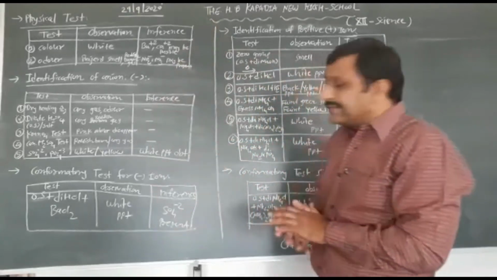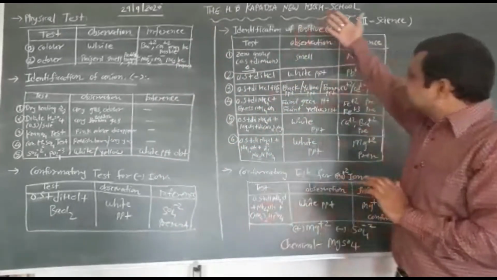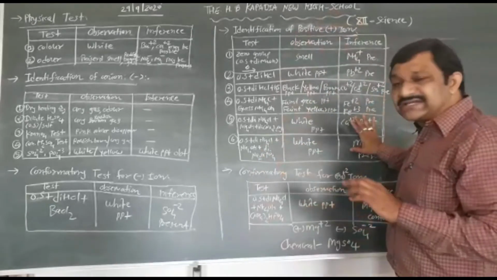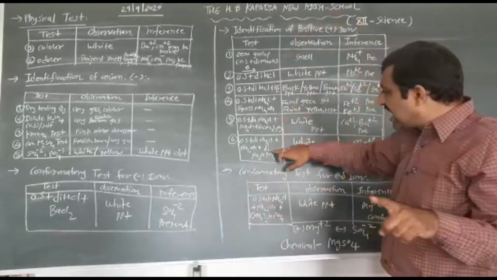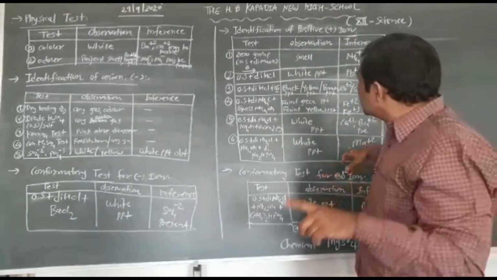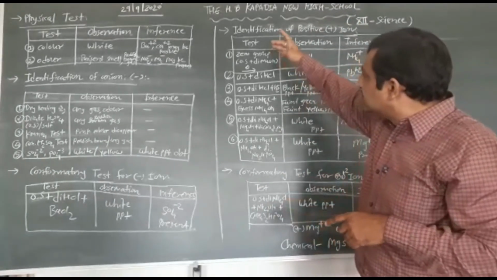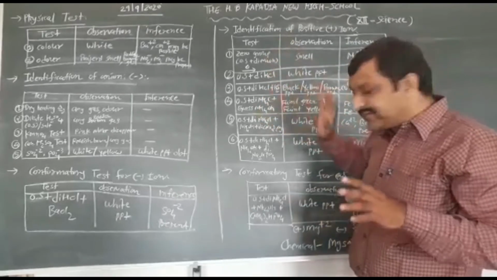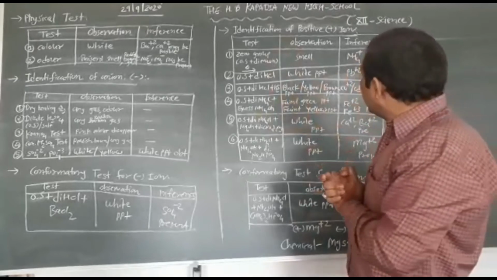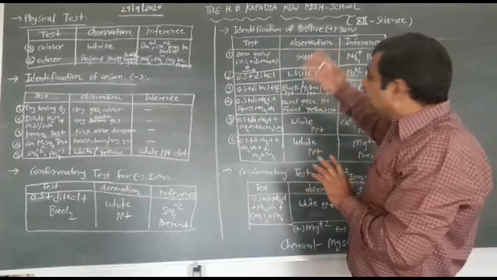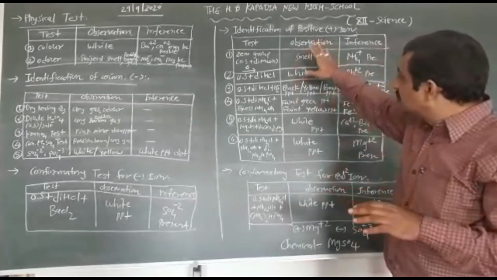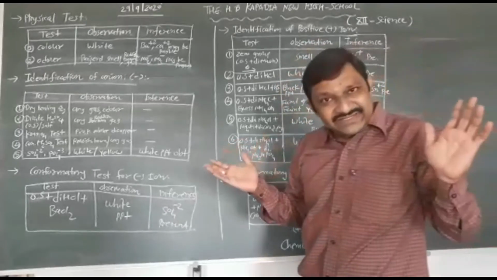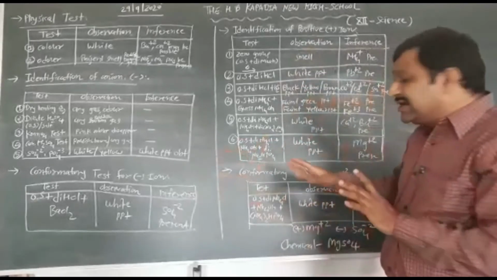Then the positive ion. In the positive ion, you all know, here is Mg2+, in the last group. You have to perform the zero group, first group, second group, third A, third B, fourth, fifth and sixth group. In the last group, when you perform zero group, first group, second group, third A, third B, there is no precipitate.